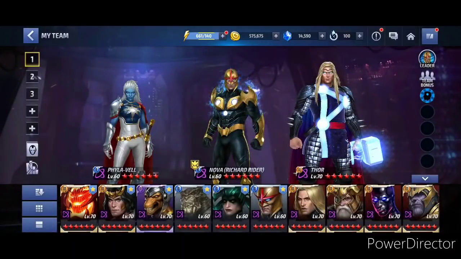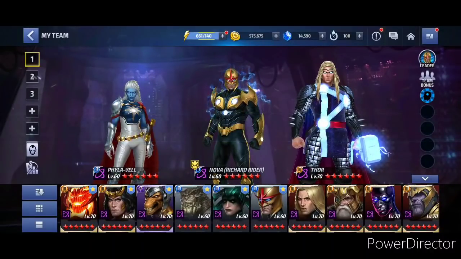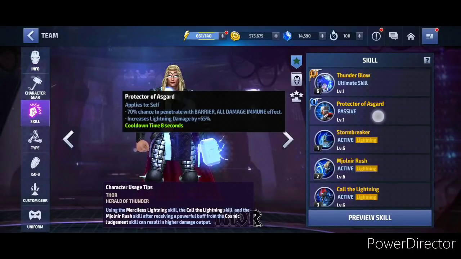Anyways, we are going to try 2 teams here, and I know you guys want to see the Ghost Rider comparison for Thor, but wait a second, it's just going to be a waste. So we're going to try it with the Nova leadership. Fire level is going to be the best leadership because Thor does not have anything else on the skill damage